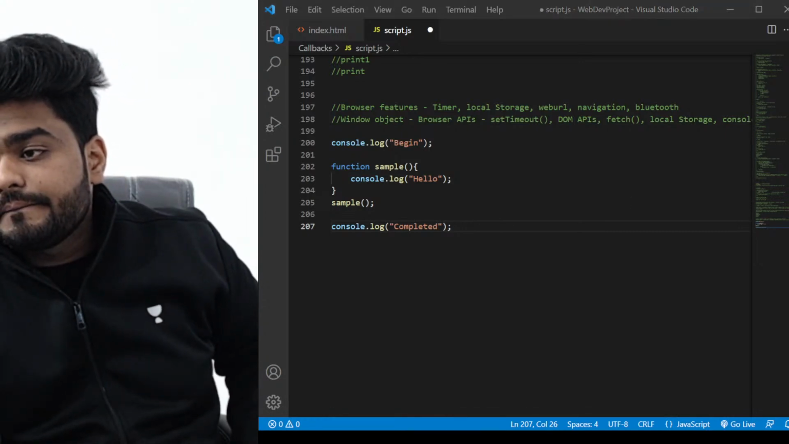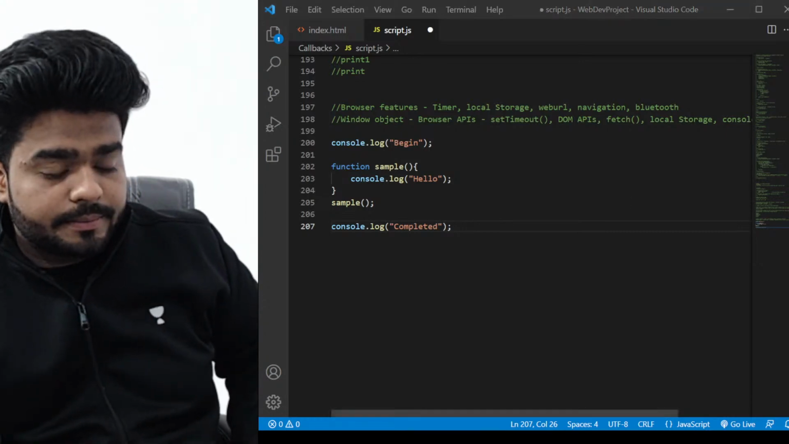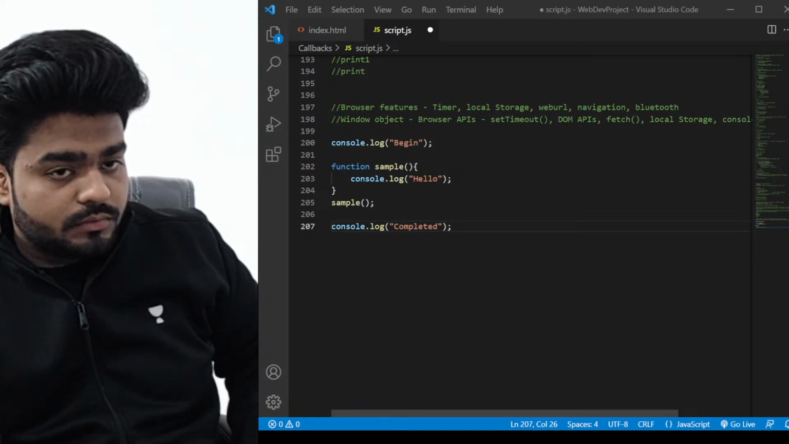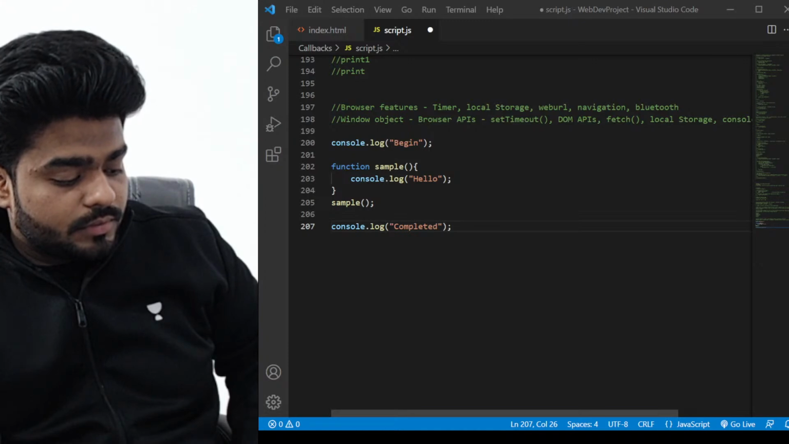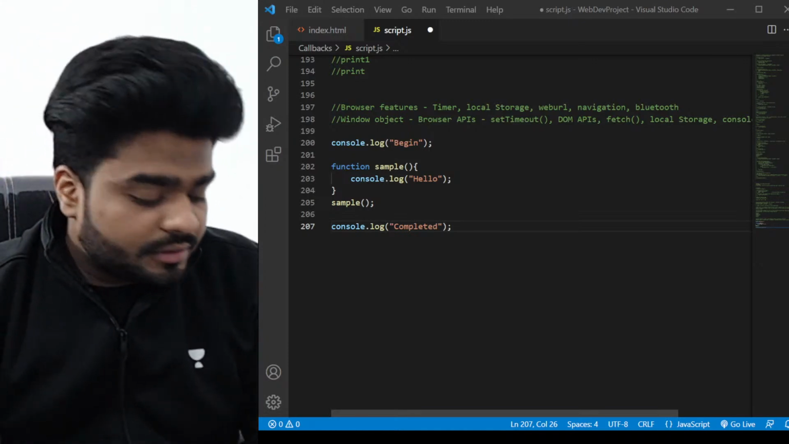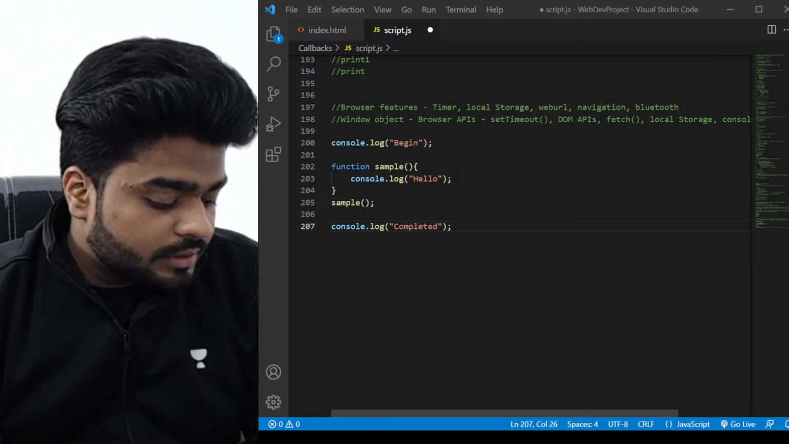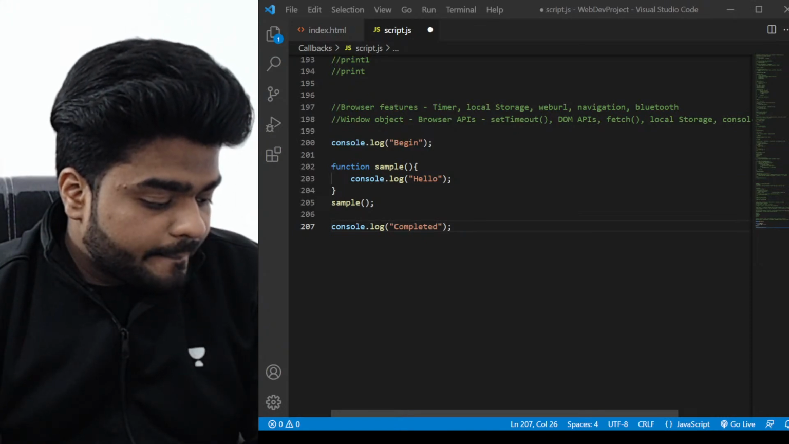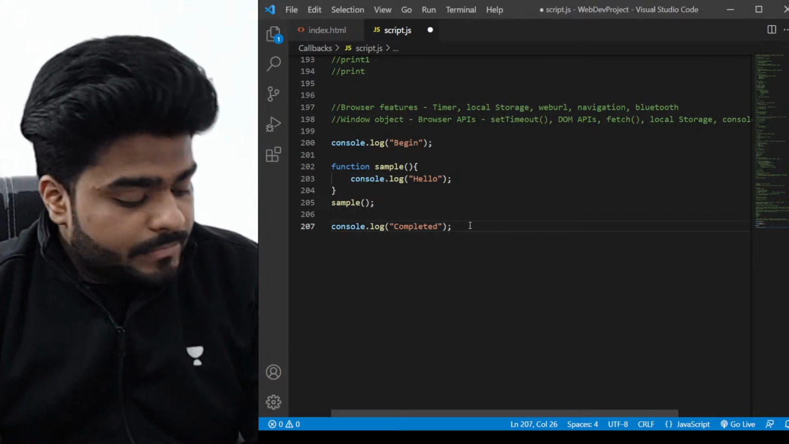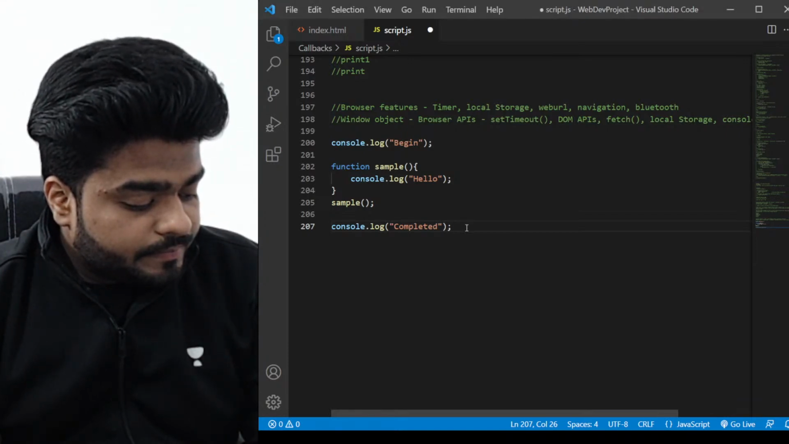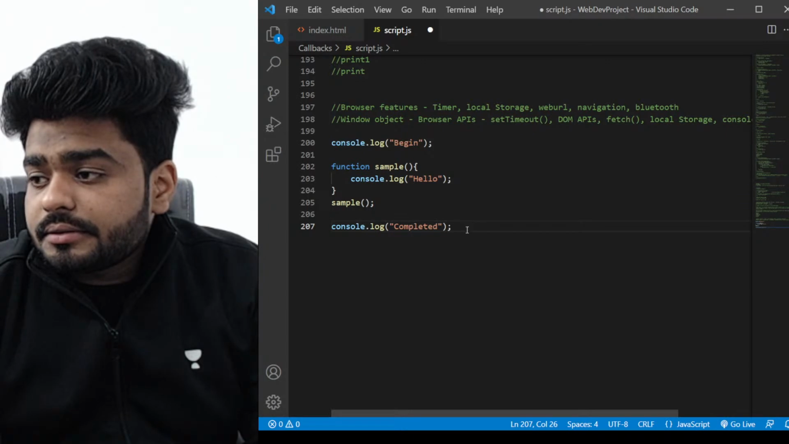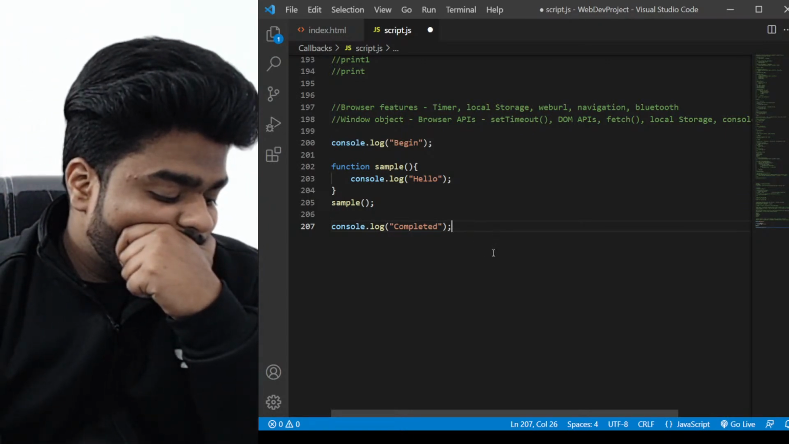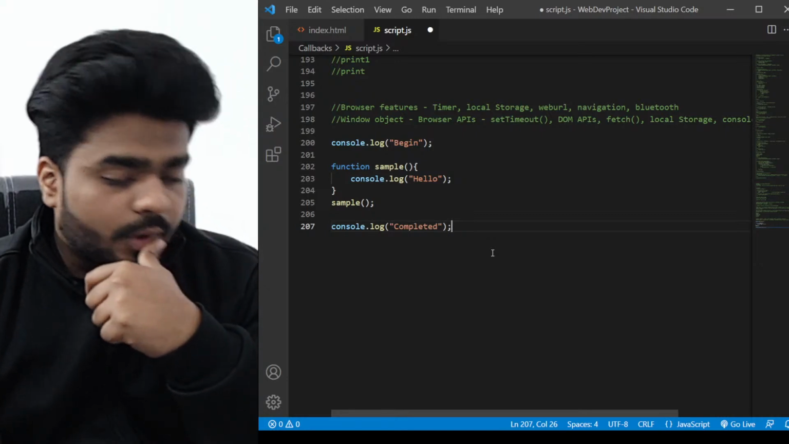Anybody? What will be the output for this? It's really easy, guys. There's nothing here. It's very simple. Somu, are you there? Anybody who can give the answer to this? Okay. So